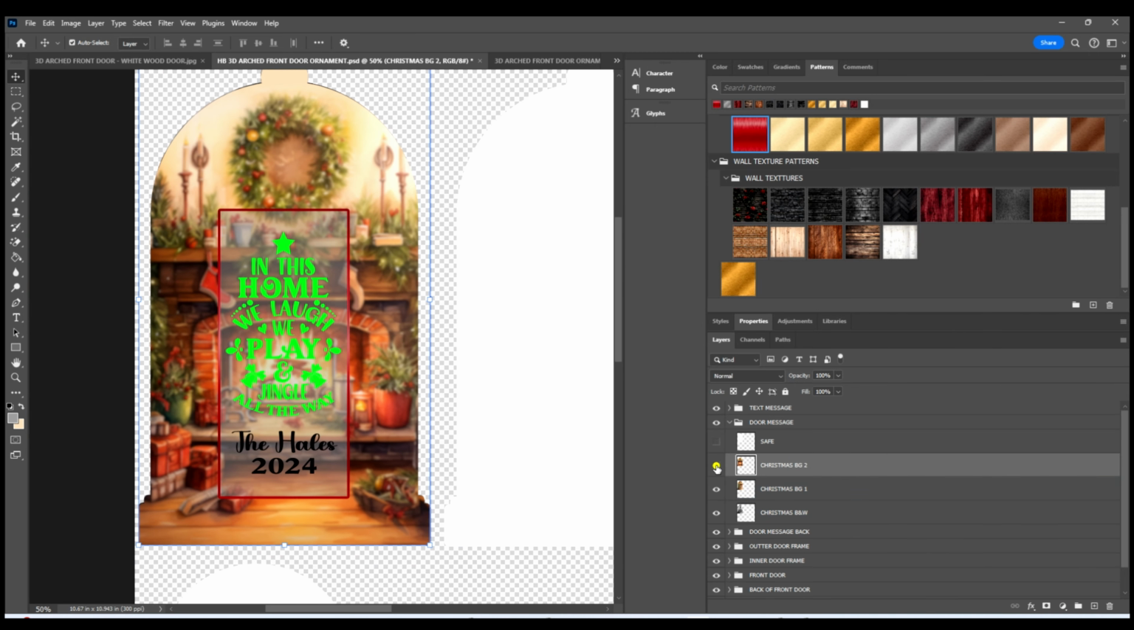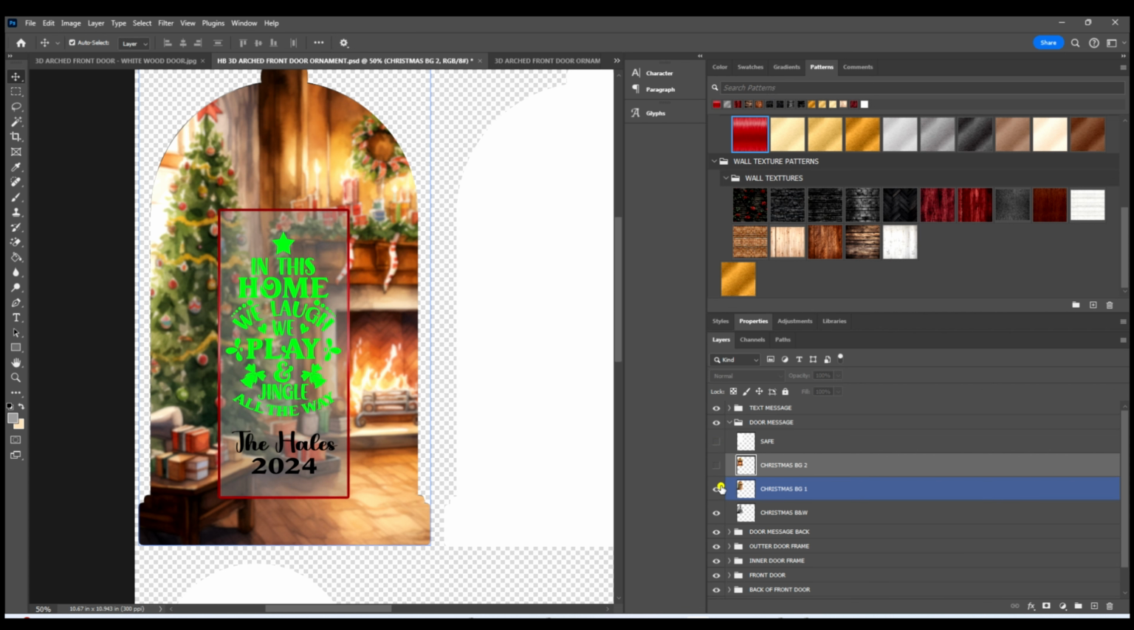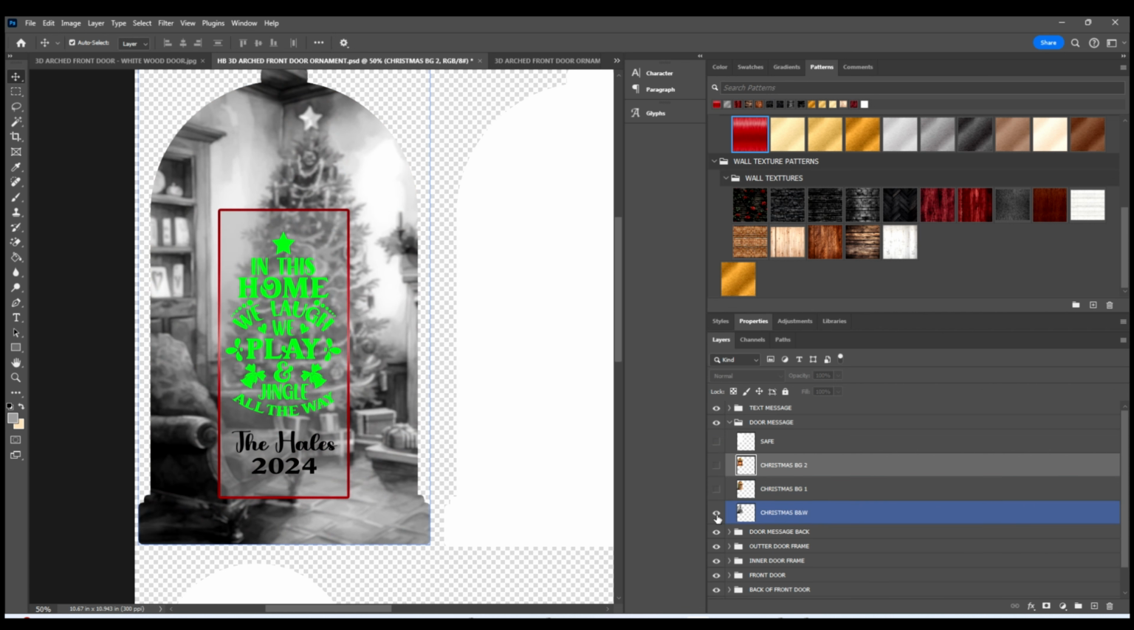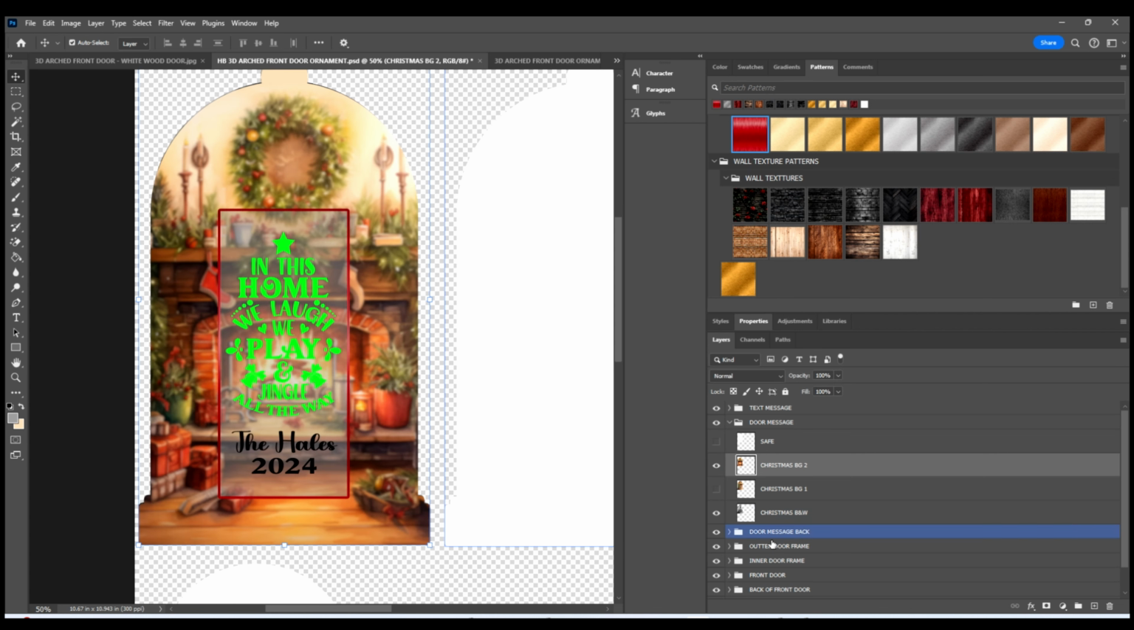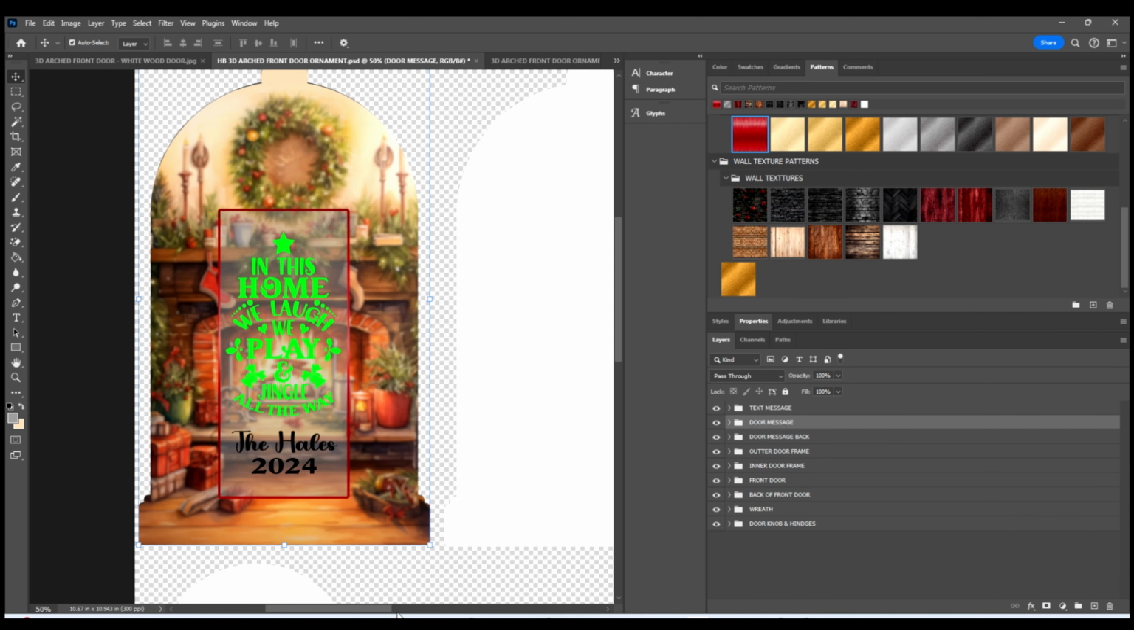Just click the eye right here to see the second one, and we also give you a black and white version, okay? You can add any other backgrounds you want to this. We're just providing you some simple, quick ones to get you started. Okay. Next is